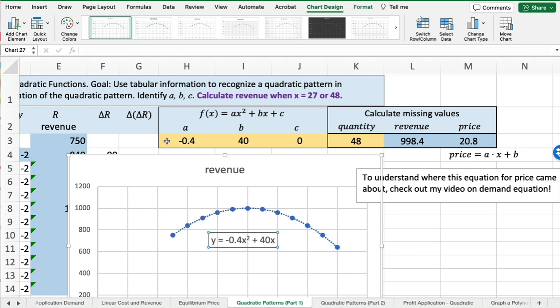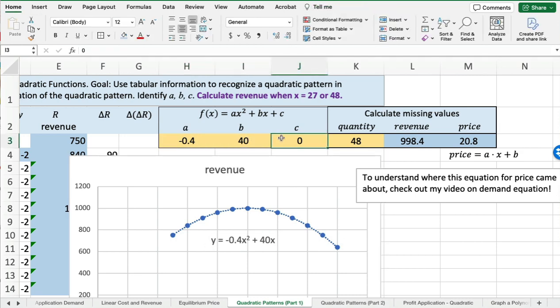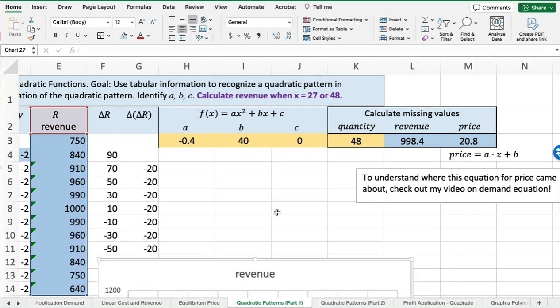And just go ahead and fill in your values of a, b, and c. So little a is negative 0.4 because that's the number in front of x squared. Little b is 40 because that's the number in front of x. And lowercase c is 0. Typically in these problems where you have revenue as a function of quantity, little c is going to be 0. Okay, so